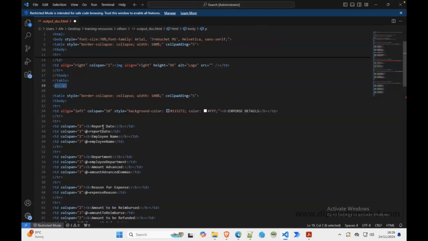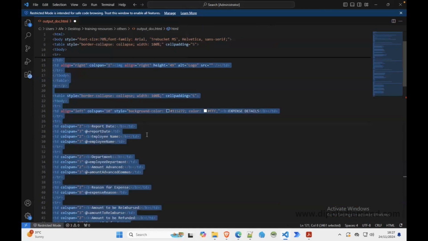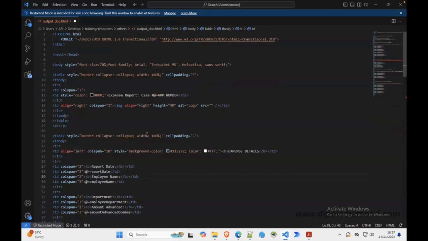2/10 of that, 1/5 of that col span, is to hold the labels like report date or employee name. And the other 8/10 of that col span of 10 on a row is used to hold the data for the label. So basically, if I were to copy all of these,